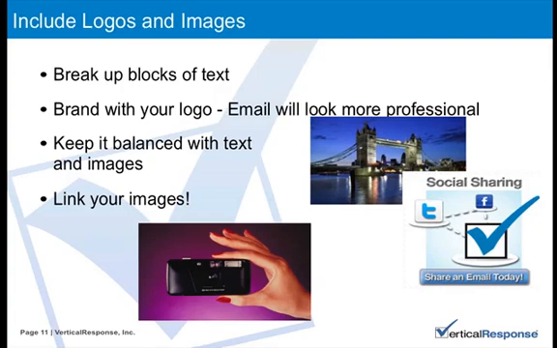Generally speaking, we would recommend about 80% of your email be text and 20% be images. It's kind of up to you. Sometimes you might just need to have something more like 60-40. Maybe you had an event and you wanted to include some more images. Maybe you are an art gallery and you need to include some more images. It's not a hard and fast rule, but even if your recipients receive an email that has the images blocked, you want them to be able to read what's going on in your email. That's why you want to have a balance. You also want to keep in mind that not everyone has a fast internet connection.